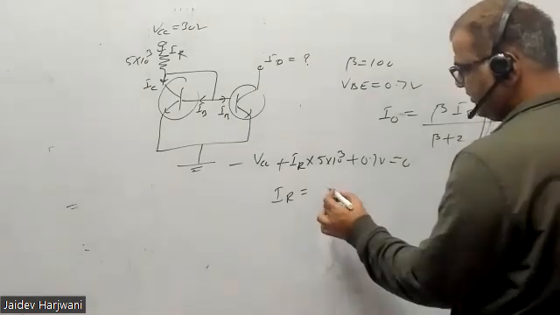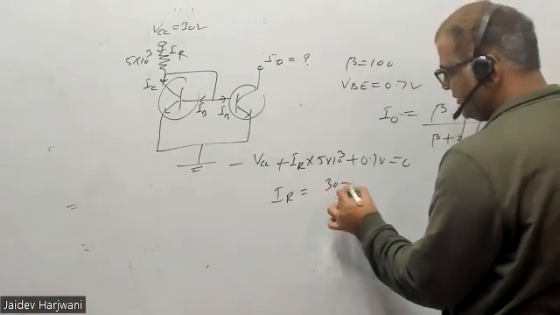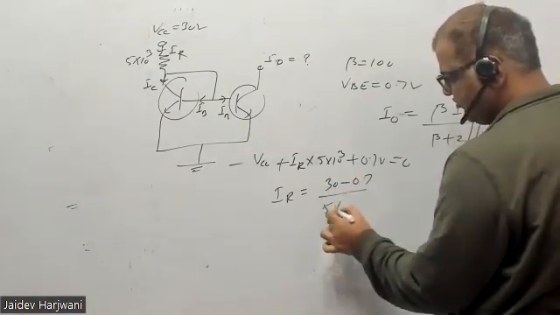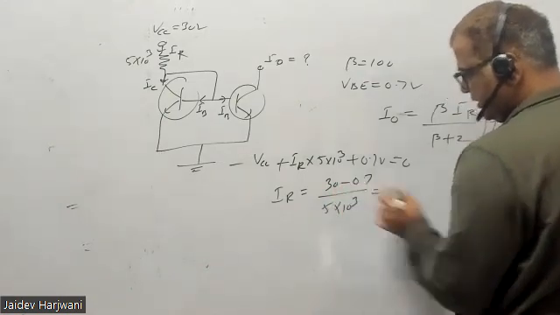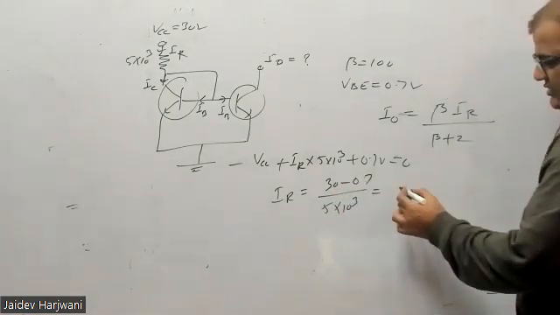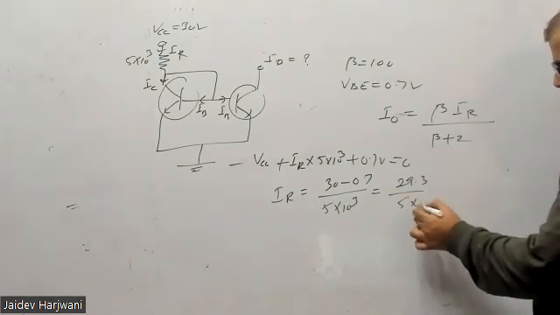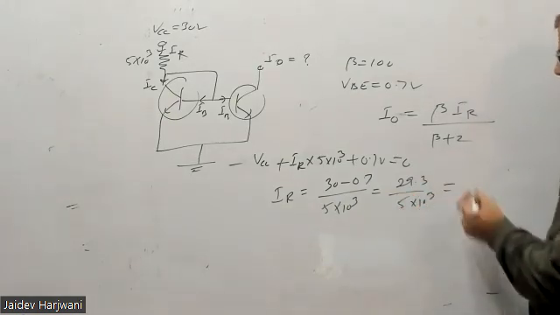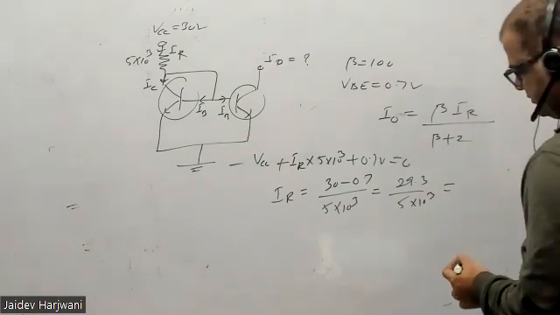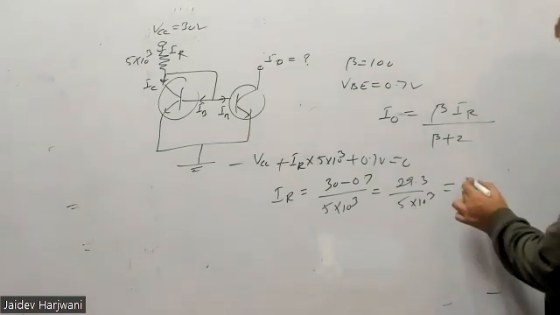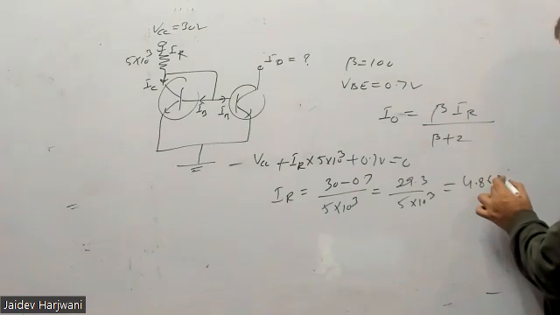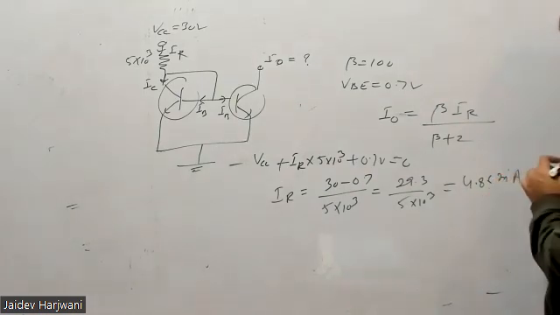So my IR will be VCC, that is 30 minus 0.7, upon 5 kilo ohm. Okay, how much is coming? This is 29.3, this is 5 kilo ohm. कितना आ रहा है IR? सर ये आ रहा है आपका 5.86 मिली एम्पियर।